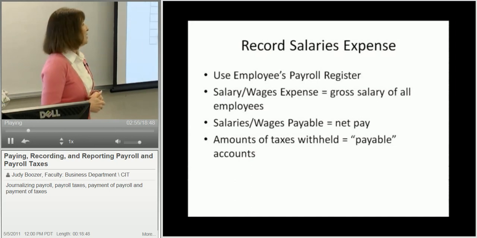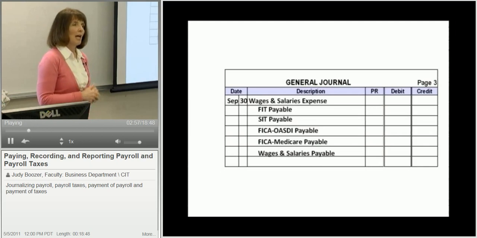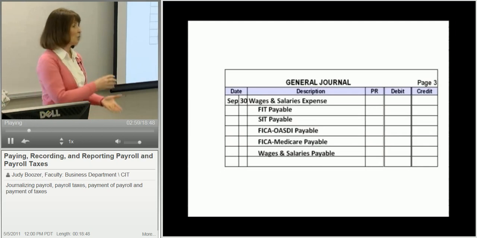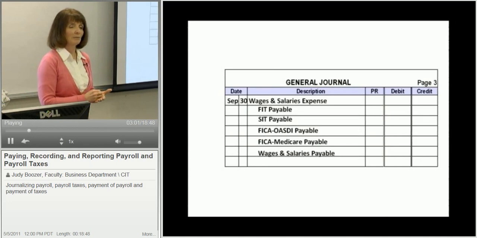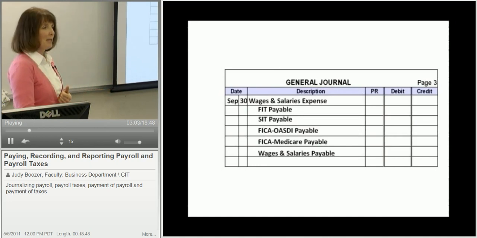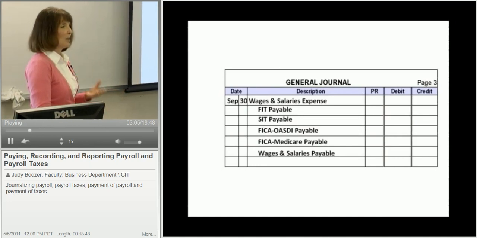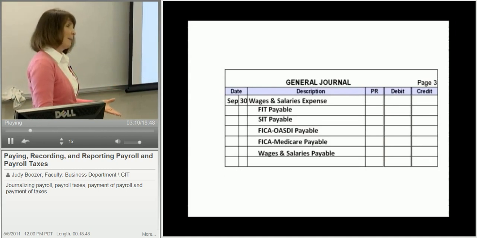So here's an example of a journal entry for payroll taken directly from the payroll register. Notice what the debit is. Wages and salaries expense. It could just be wages expense, could be salaries expense, or could be some other name that the company has set up. But it's some kind of expense related to payroll. Now,